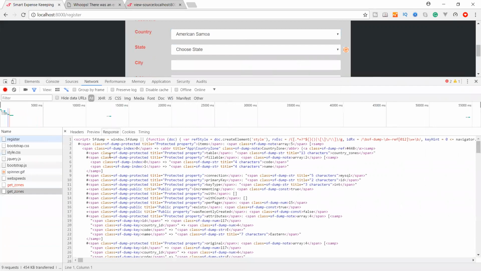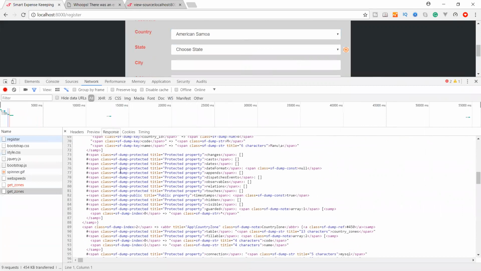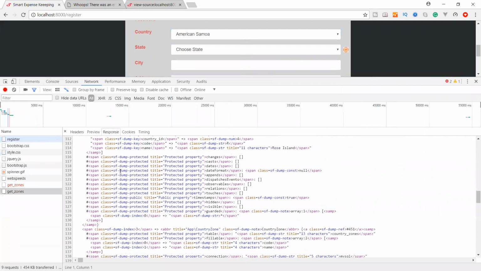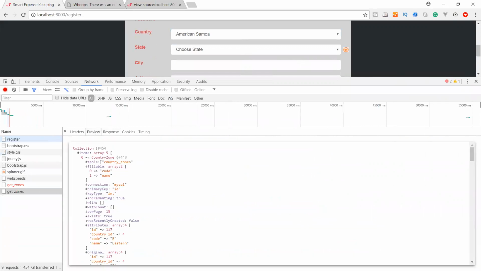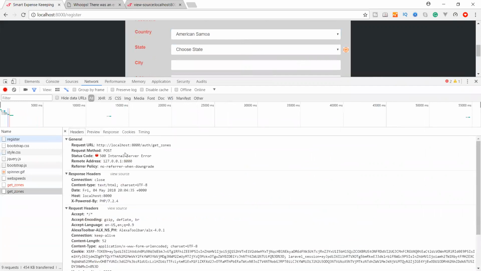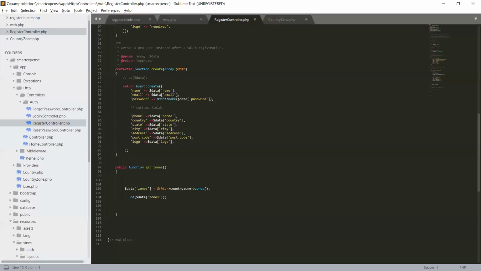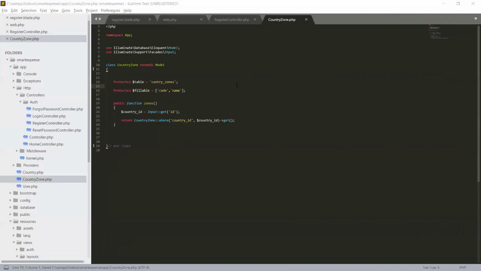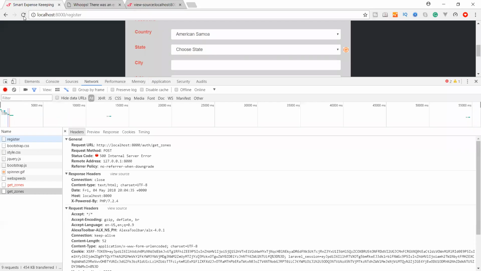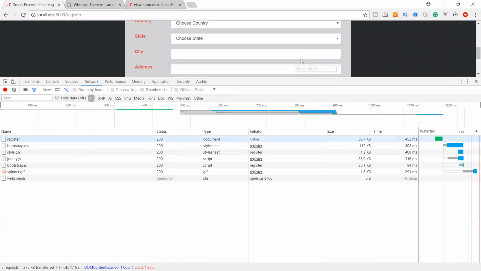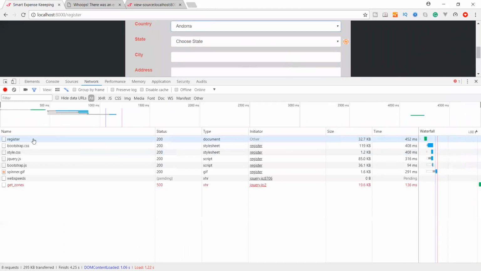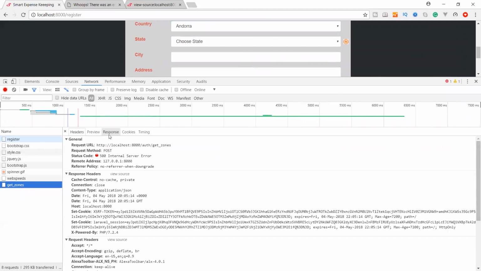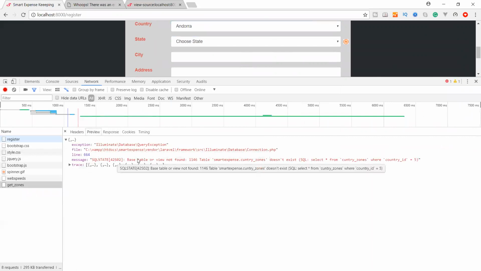In the response we have different things. In the preview we have a collection but not in the response. There is a country model. Let's change it again and put a request, and in the preview we have an exception error.